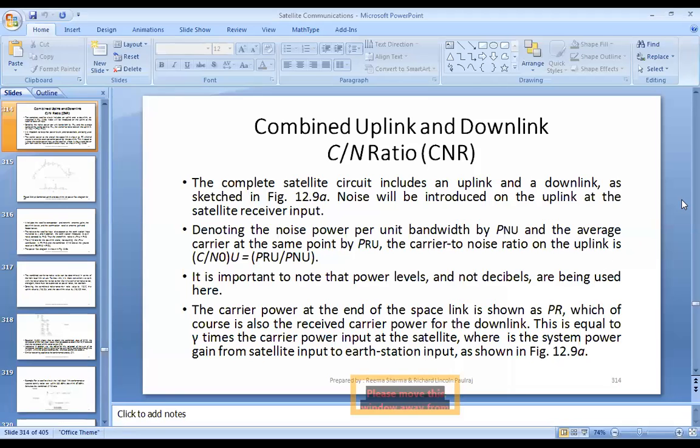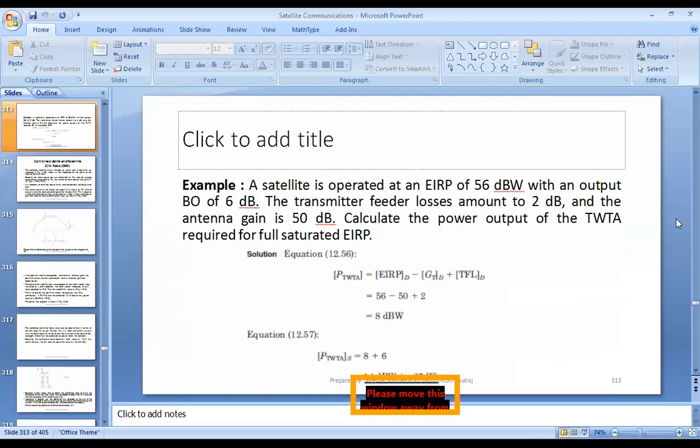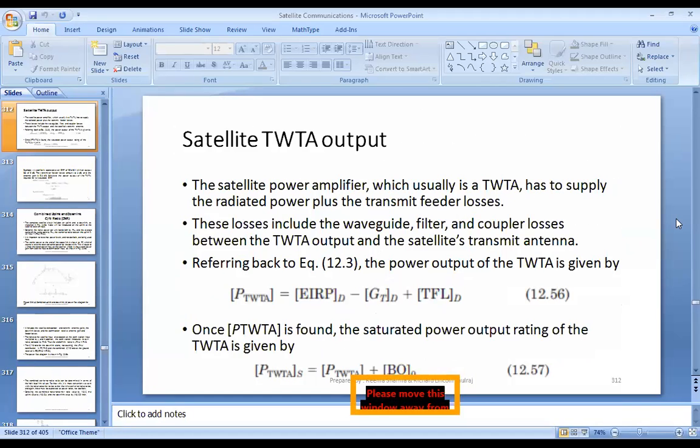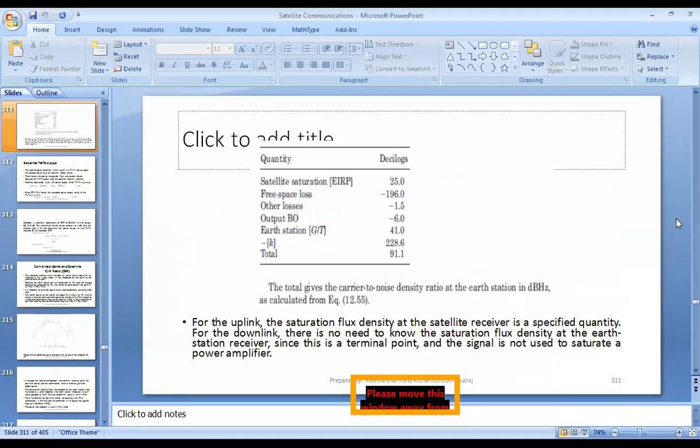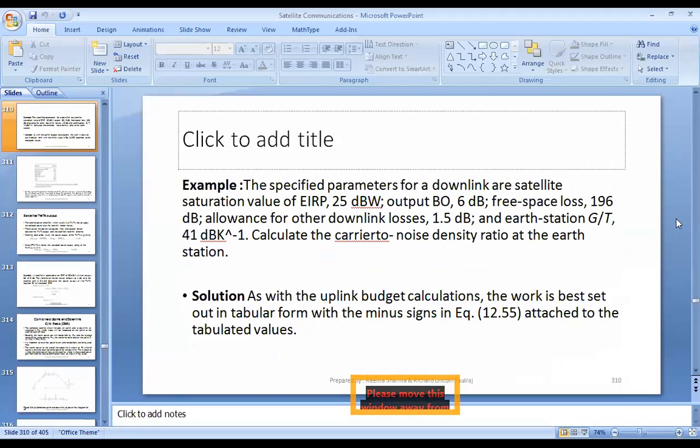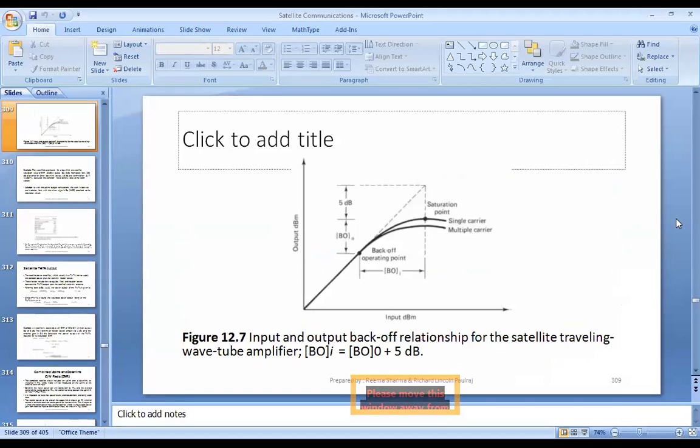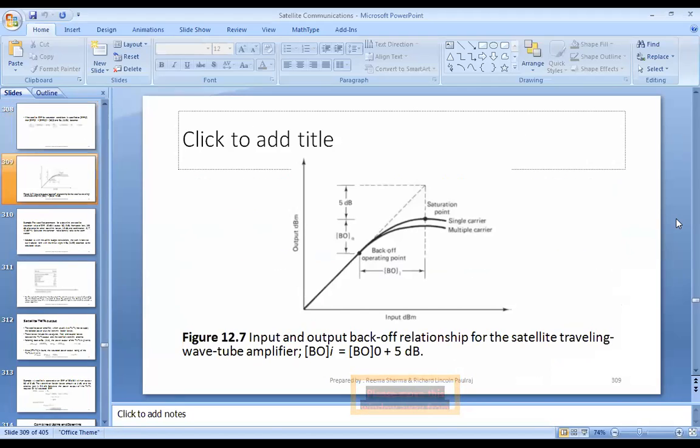Okay, so today we will be discussing the combined uplink and downlink ratio. In previous classes we had discussed exclusively downlink and exclusively uplink, which are denoted in the form of U and D. We also discussed the back off concept, the input and output back off concept, which is a very important concept to be considered, because we need to make sure that